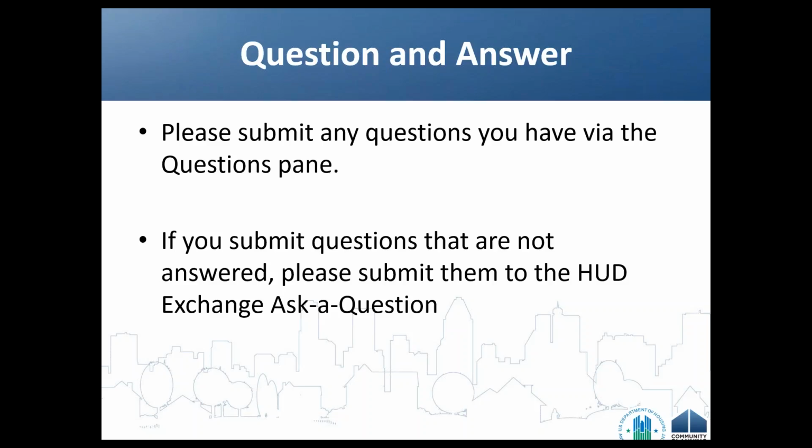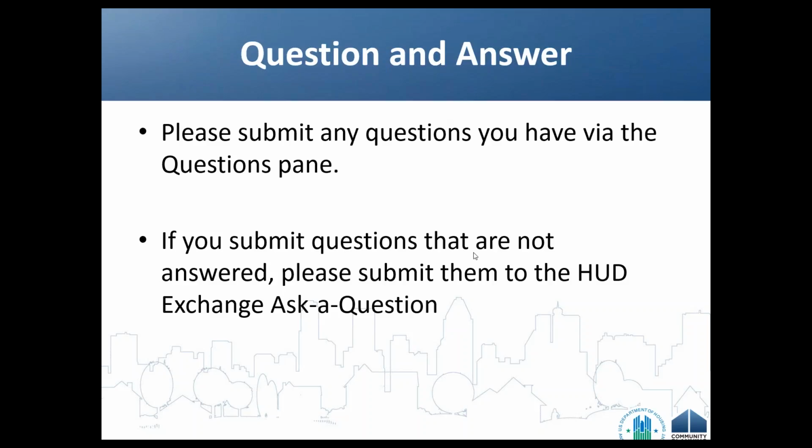Great. So the next question is, a lead agency in a large municipal consortium, how do you give other members access to IDIS and the resulting template?